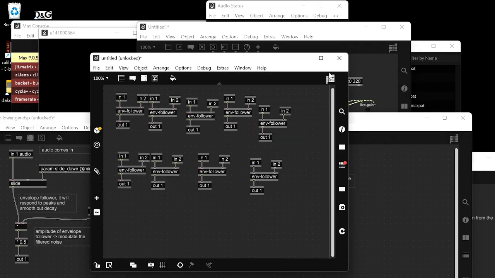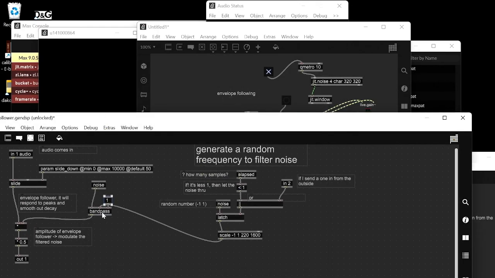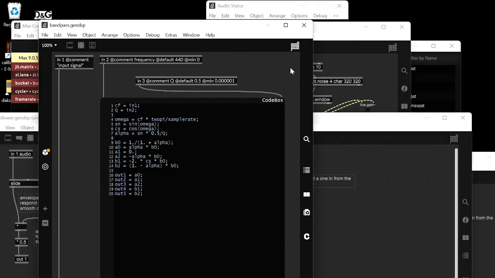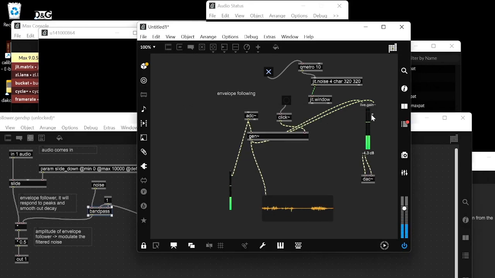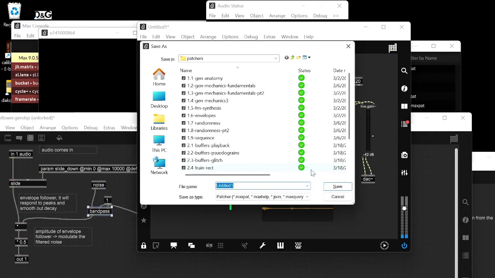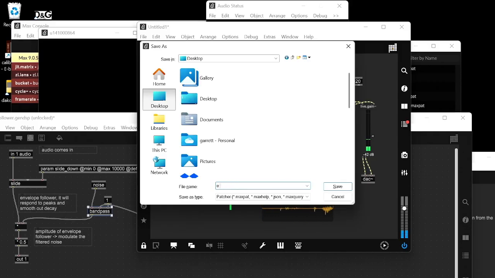What was that code box? This was inside this bandpass object here. It's basically just a little bandpass filter. So that's not a Max construct. It's not a gen construct. It is. It is? Yeah, but I made it just like I'm making this envelope follower. Okay, so you made the code box. Exactly. So if I save this now to my desktop, envelope follower,